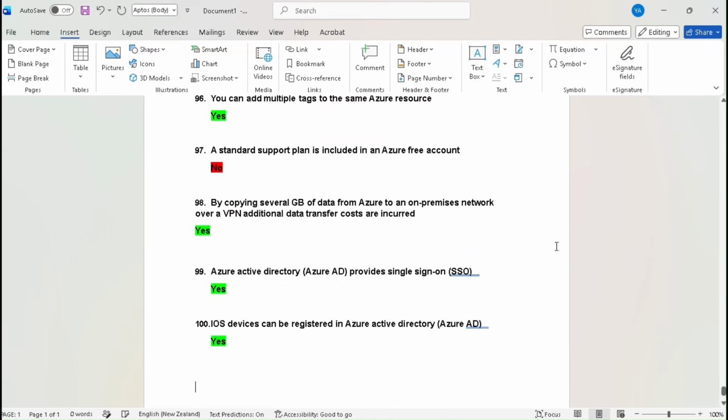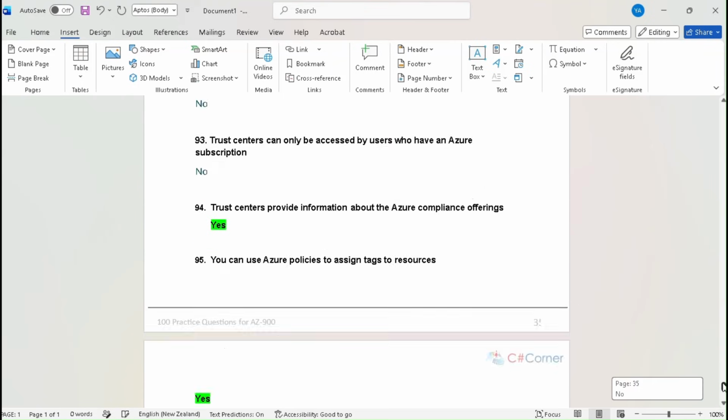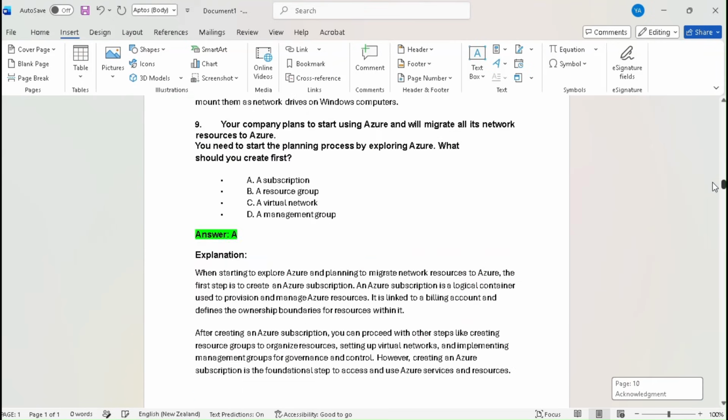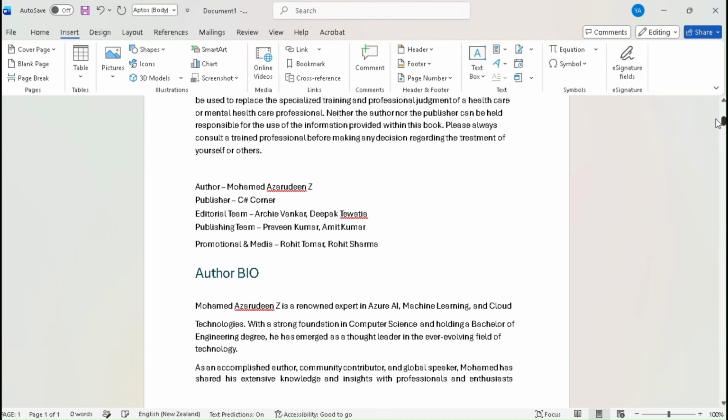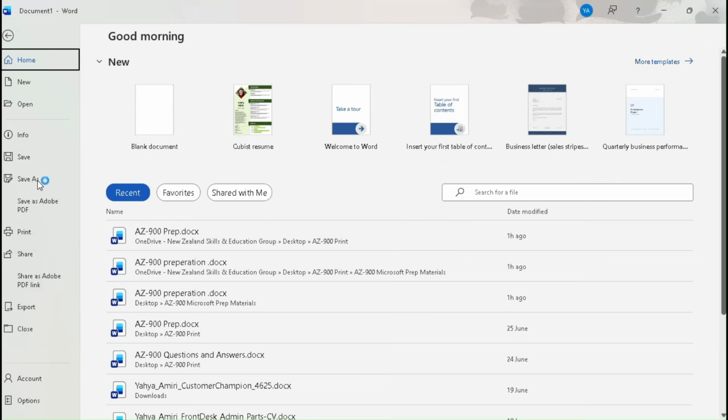And now it is in a Word document. The other good option for this conversion is that you can make changes if you want to. Let's see. Yeah. And once you alter any change, you come to File, go to Save